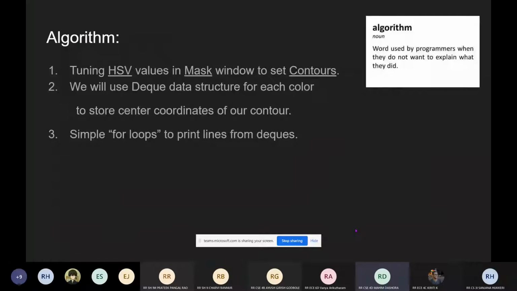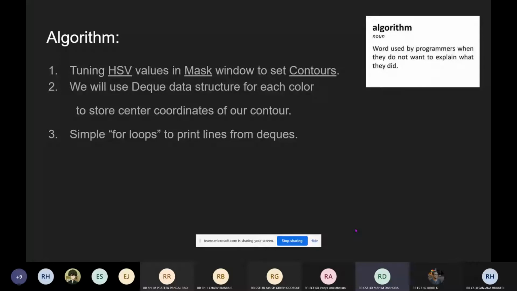Okay. So now we have done the first step. We'll be using the deque data structure. In case you first years do not know, it's just another sort of data structure, just like a list in Python. It's just that it follows a certain policy of first in, first out, just like a queue. Whatever comes first gets pushed or executed first. So that's why we're using the first in, first out policy.